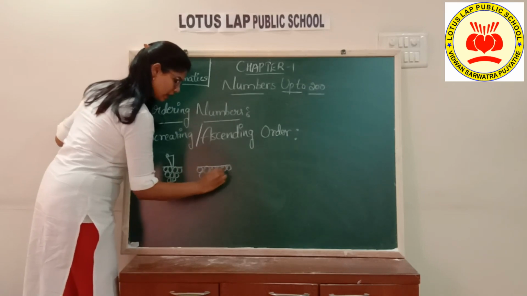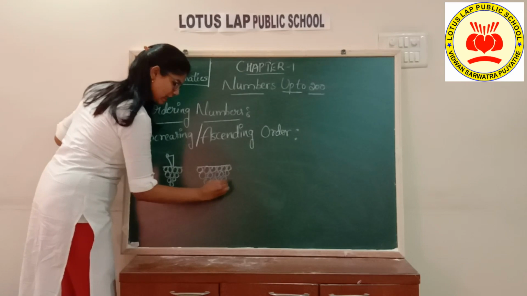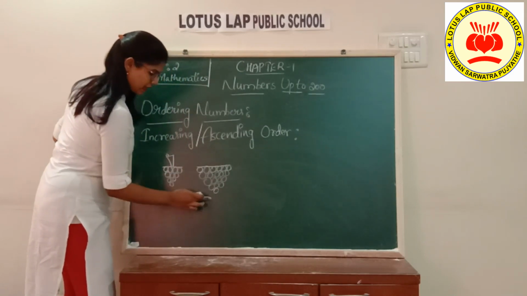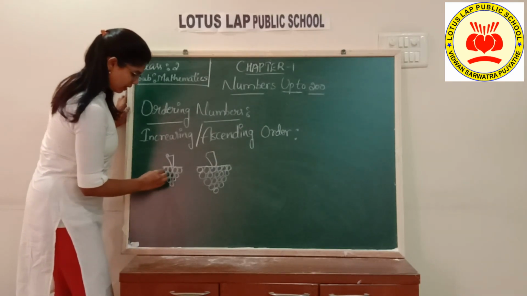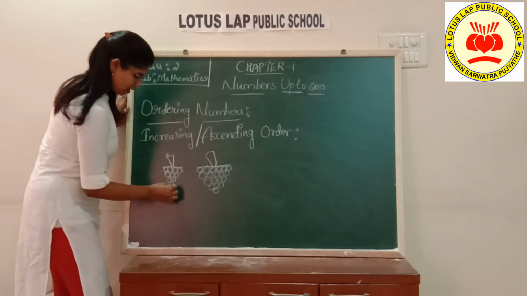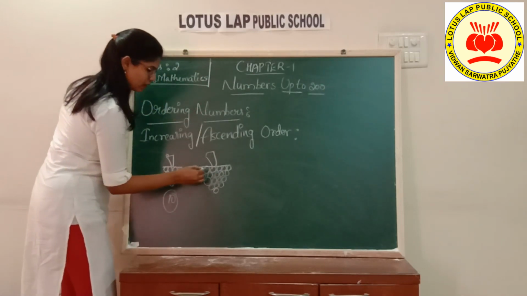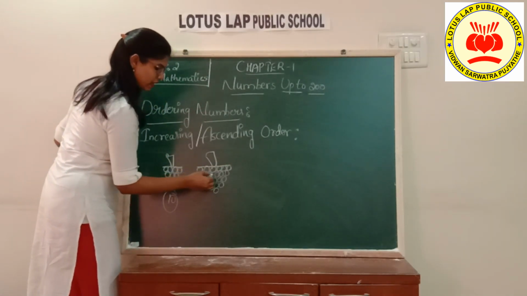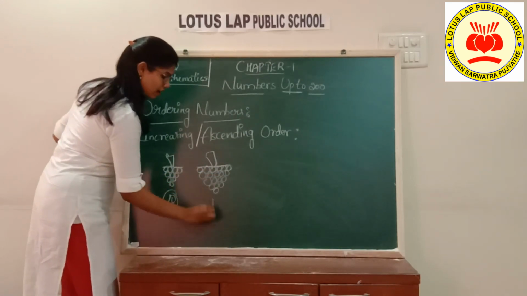Okay, I am going to take a bigger one here. As you can see, the number of grapes is increased here. See, here how many do we have? 4, 3, yes, we have 10. Here how many do we have? 1, 2, 3, 4, 5, 6, 7, 8, 9, 10, 11, 12, 13, 14, 15, 16, 17, 18, 19 we